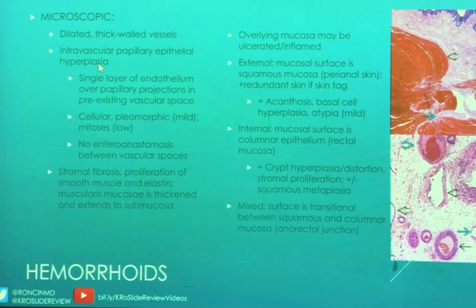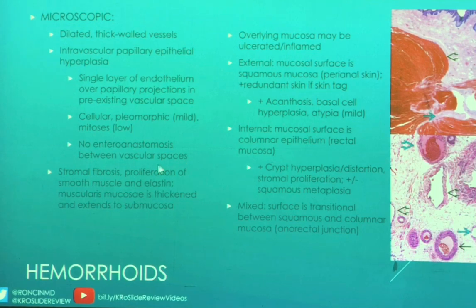But they can be scary, okay, because they will be hypercellular. They may have some mild pleomorphism. I want to stress mild, because one of the things that you're going to compare this to is: is this an angiosarcoma? And remember, angiosarcoma has more than mild pleomorphism. If there are mitotic figures, they should be relatively low in percentage, and you should not have anastomoses between vascular spaces. So each vessel is on its own, and that also hones you in a little bit to these being